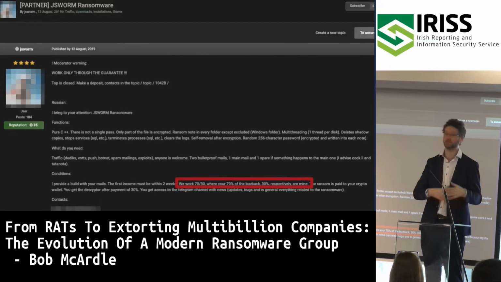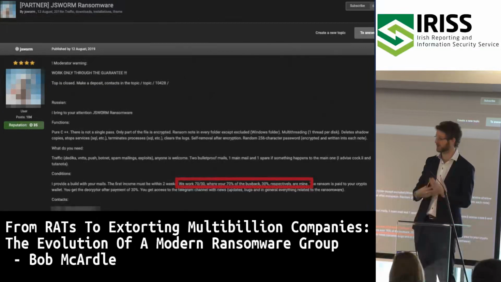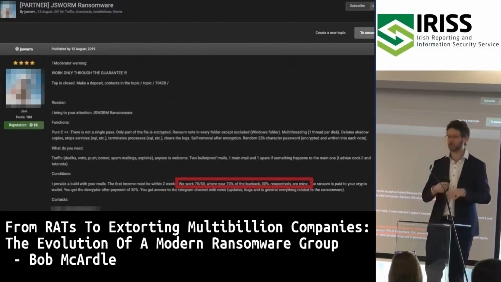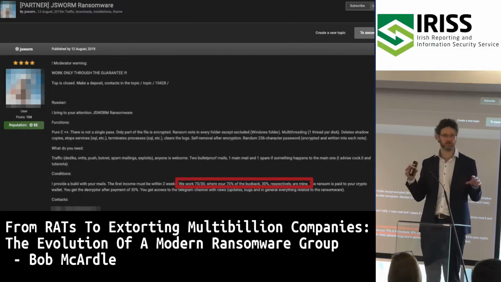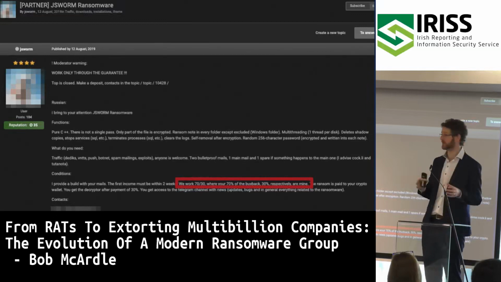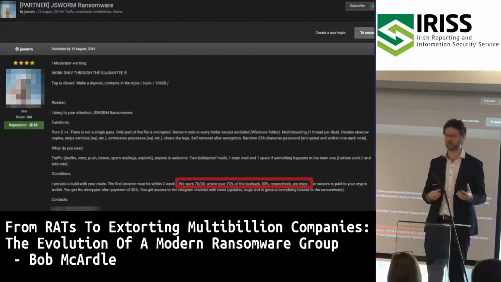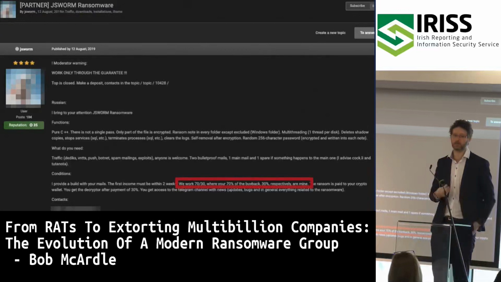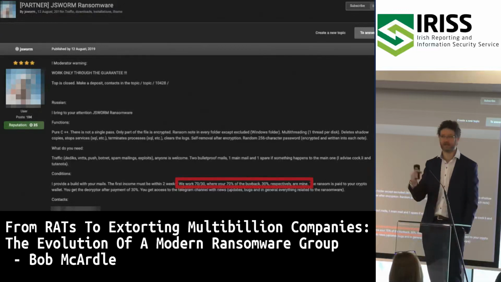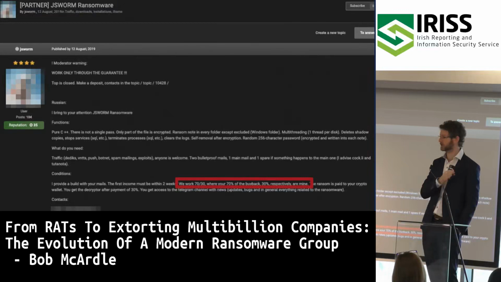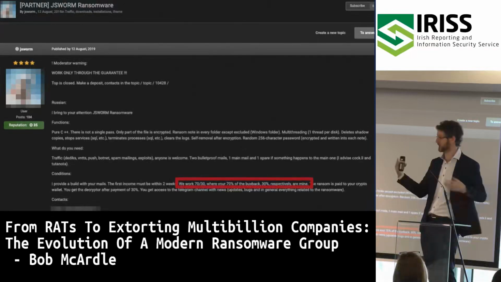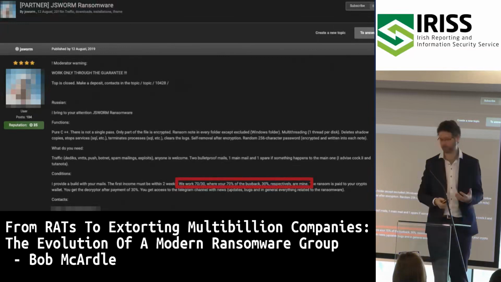So he doesn't have to do half as much work for the effort, which is why they're not getting paid as much money. That's also why you see so many different infection vectors here, because there are different affiliates in every case doing this. It's also why, if you're an IR company looking at a ransomware incident, it can be really hard to put together the kill chain, because there isn't one kill chain. There are 2 or 3 kill chains all overlapping that you're trying to detangle from each other.